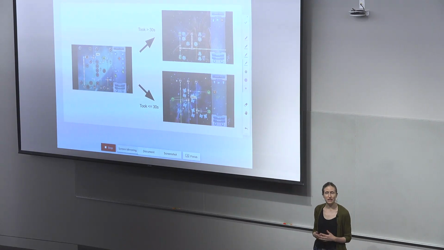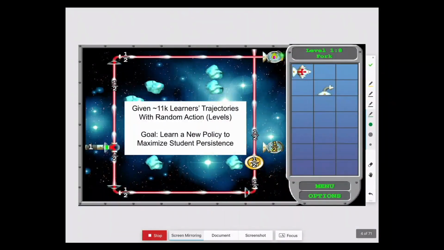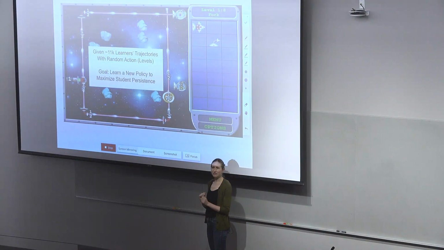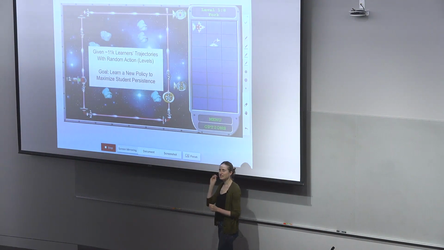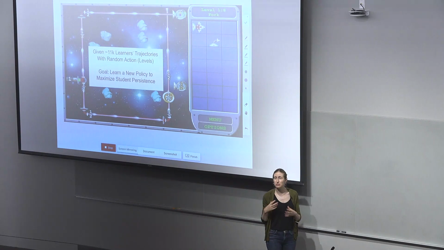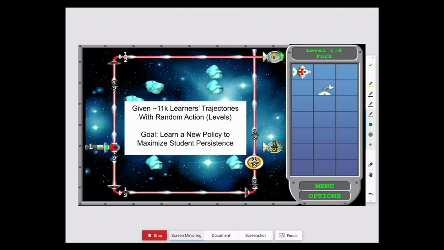What we wanted to figure out is how to do reinforcement learning. Now, the challenge or the setting that we had here is that most of the time we didn't want to do things that were really ineffective for student persistence and learning. And so we wanted to use the existing data that we had to get a better policy for future deployment. The setting was that we had about 11,000 learners' trajectories where we had taken random levels. So for a student, we'd selected from all the different levels or activities we had in random orders, and we look at how long they persist. The question we were trying to answer was, what would be a good new policy, given that old data,